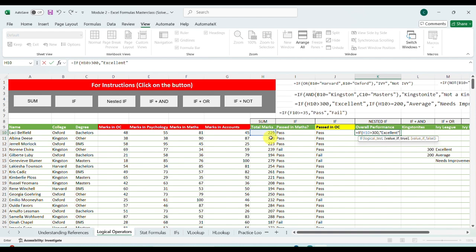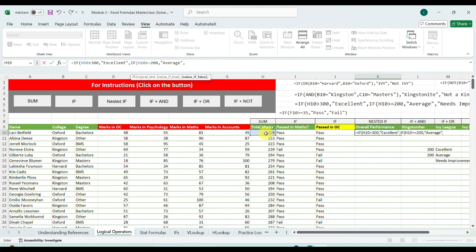If H10 is greater than 300, Excellent. Comma. Again IF, we are using an open parenthesis, H10 is greater than or equal to 200, comma, you can call it Average.